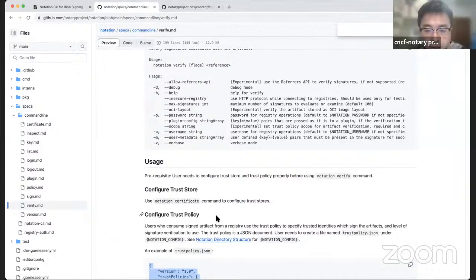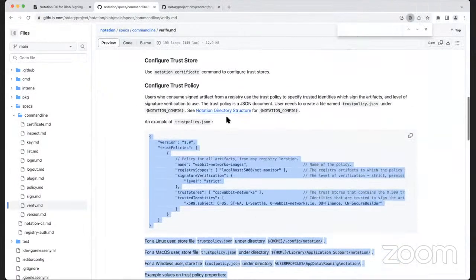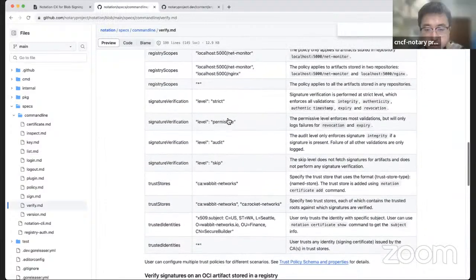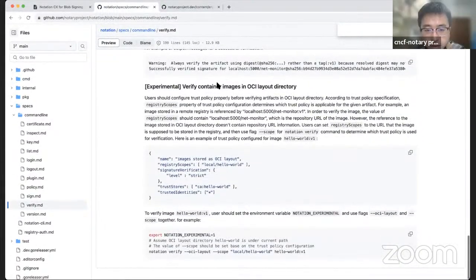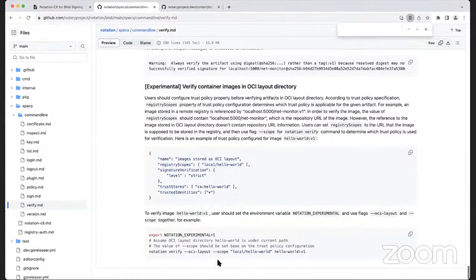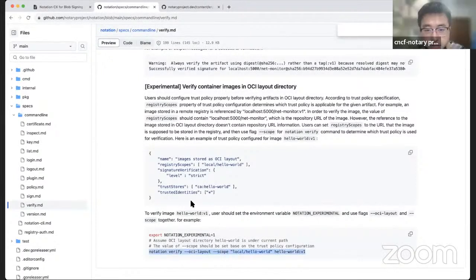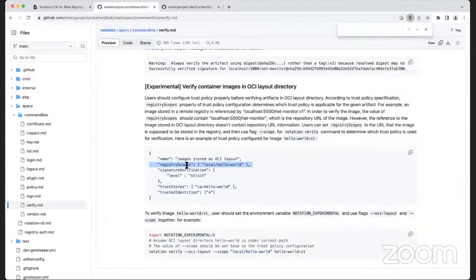Maybe, can you help to scroll down? For the OCI layout, I think we have some requirement on how to write the scope, right? So the registry scope. Okay, so there's a local slash.